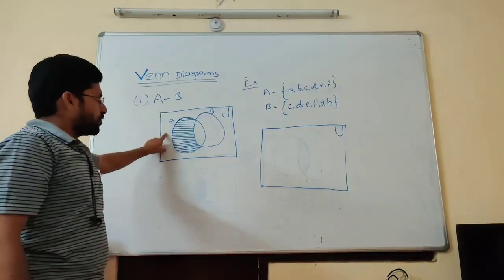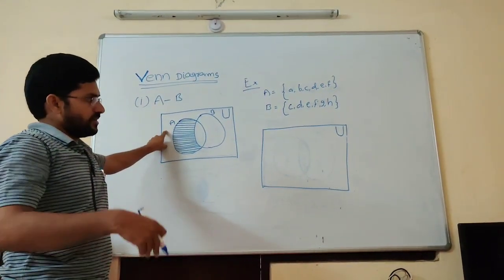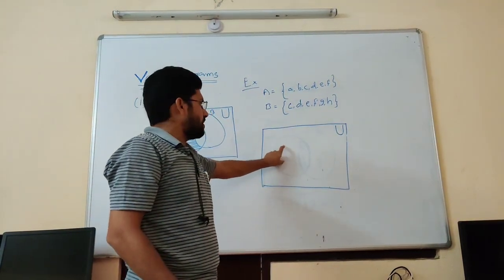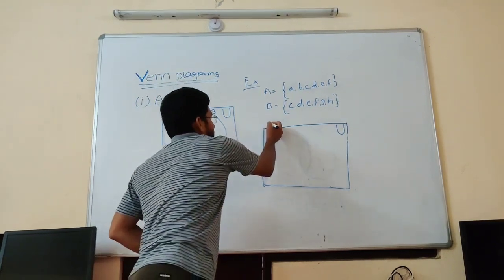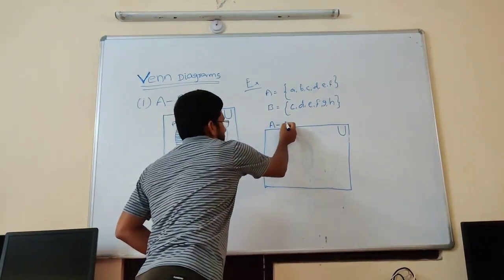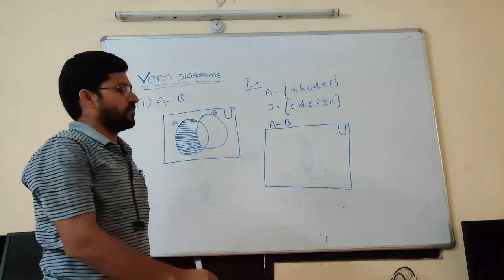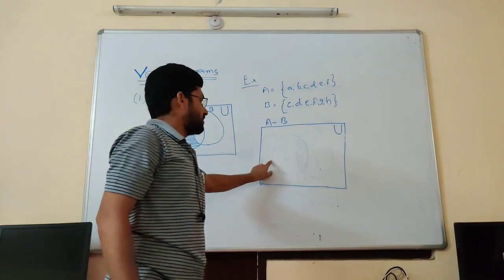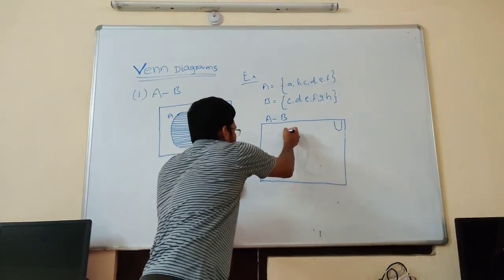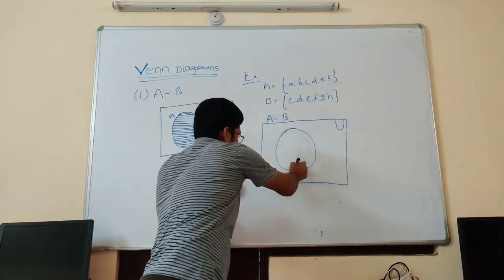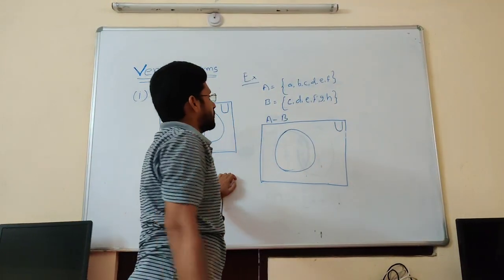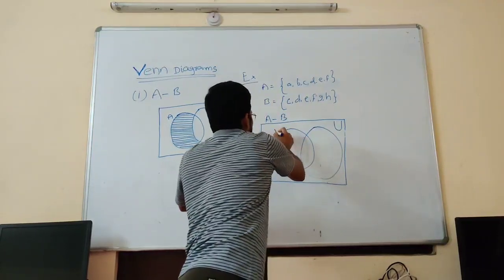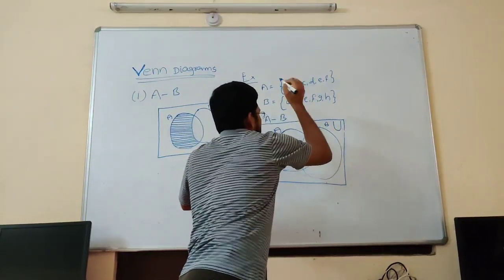With the picture I have shown here, but the same problem we have to solve with the elements or numbers in the Venn diagram. So we can take that A minus B Venn diagram. We are taking it with elements. Just here we draw the elements. So here we can take one set A. Next one you can take set B. This is set A and this is set B.